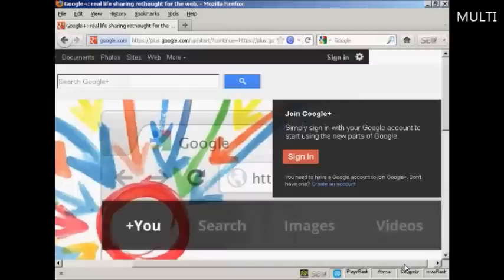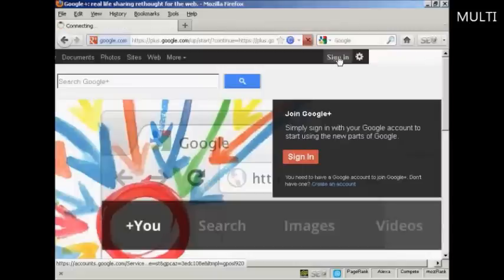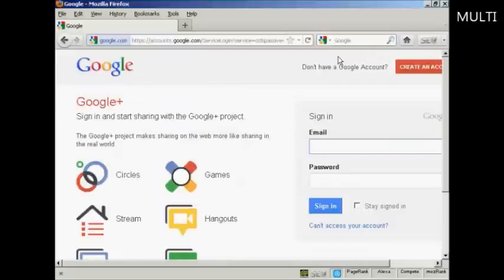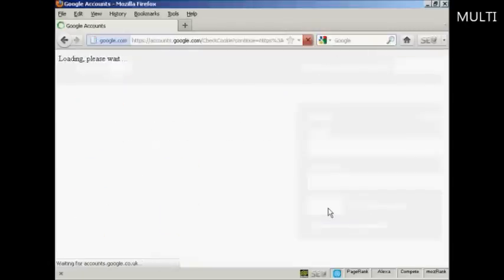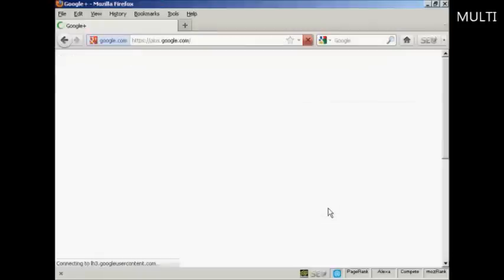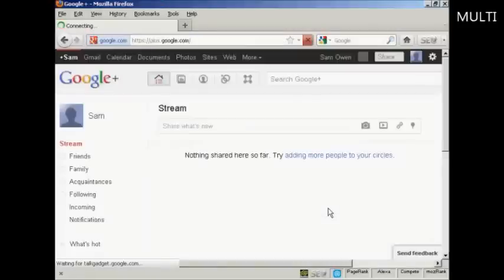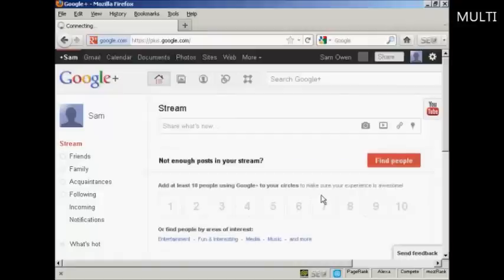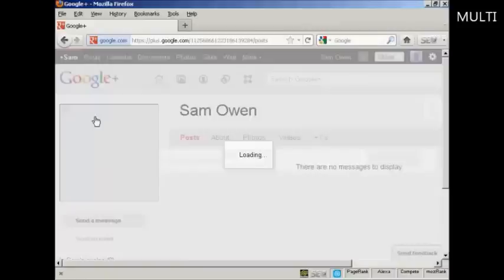Okay, you sign in using your Google account. If you have a Gmail account or anything like that, you're automatically a member of Google Plus. All you have to do is sign in, so I'll just do that now. And then click on sign in. And the first thing that you're going to want to do is to set up your profile. So we click here under my name,